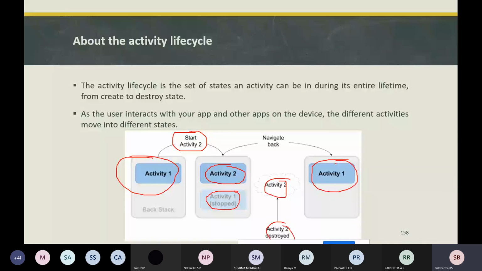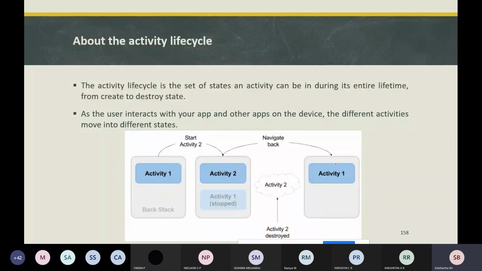When these transitions happen, they go through different states. As soon as you launch activity one, it goes through different states. If you launch activity two, activity one will go through some set of transitions, and activity two will have its own different states. So let's learn one by one.